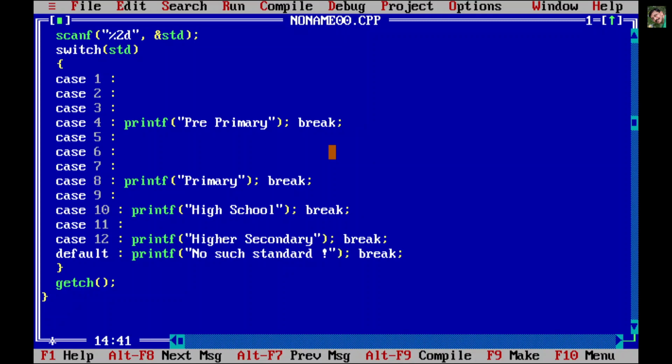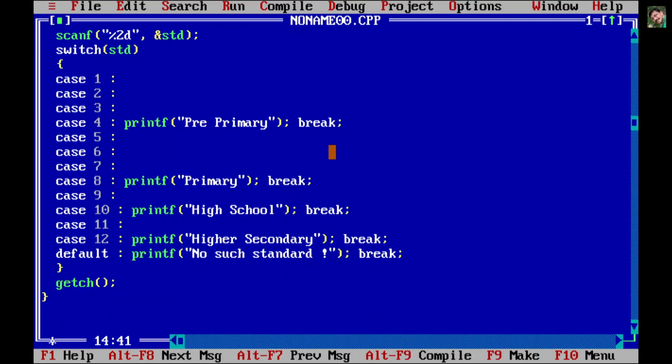So switch statement is a very interesting statement. It is to be used when there are conditions to be checked which have multiple possible answers, more than 2 possible answers. As an alternative, we can use an if then else ladder. We write if, else if, else if, else if, like we write 12 if statements. But that is not meaningful. The program is more meaningful here. The compiler can also run this program very fast when it is used with switch and case. So do remember this switch statement and case statement, which is very interesting.